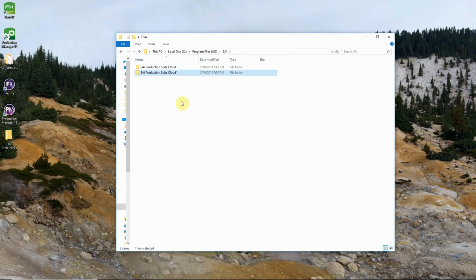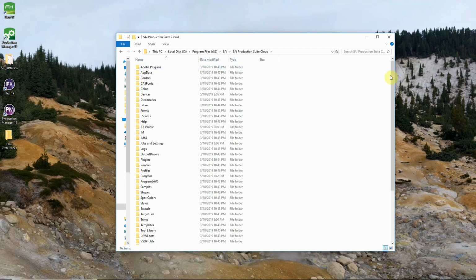This will take us to the SAI program folder. Inside of this folder, we'll see all the installations of Flexi we have currently on our computer. Our SAI Production Suite Cloud 1 is, in this case, Flexi 19. Your numbers may vary based on how many times you've installed the software. Our Flexi 12 in this case is this one here, so we'll open that folder up and scroll down to the bottom